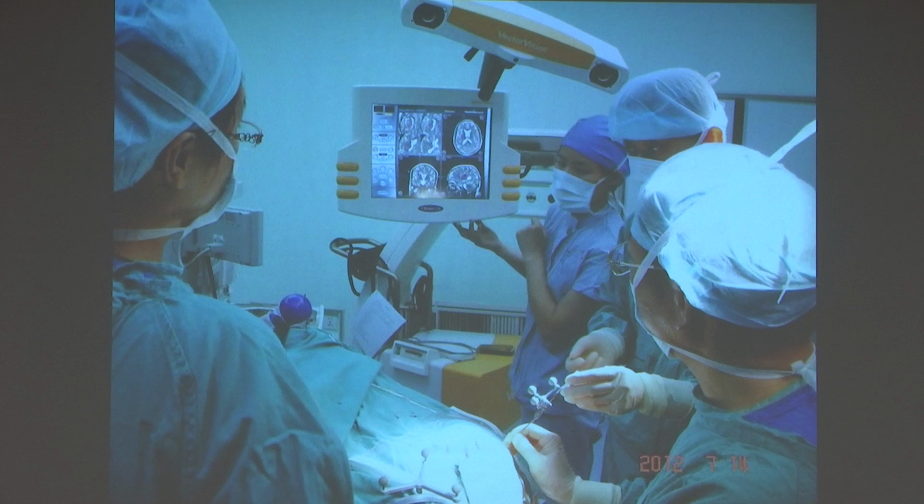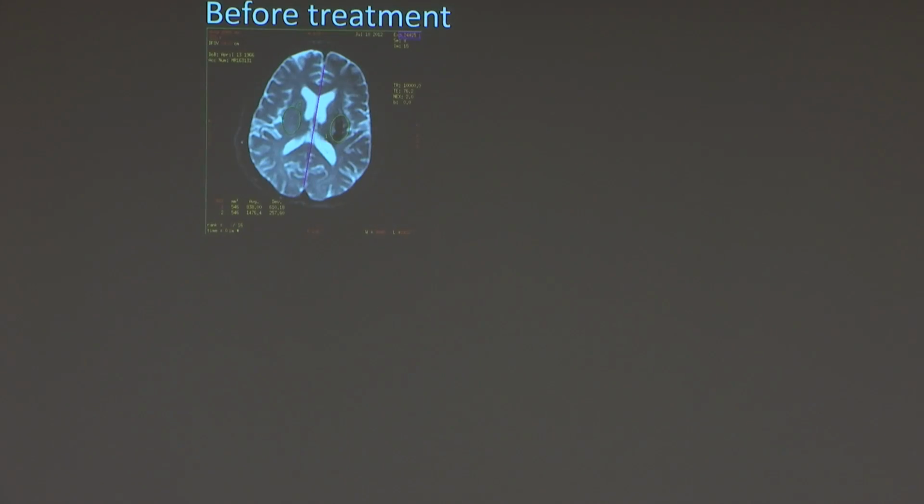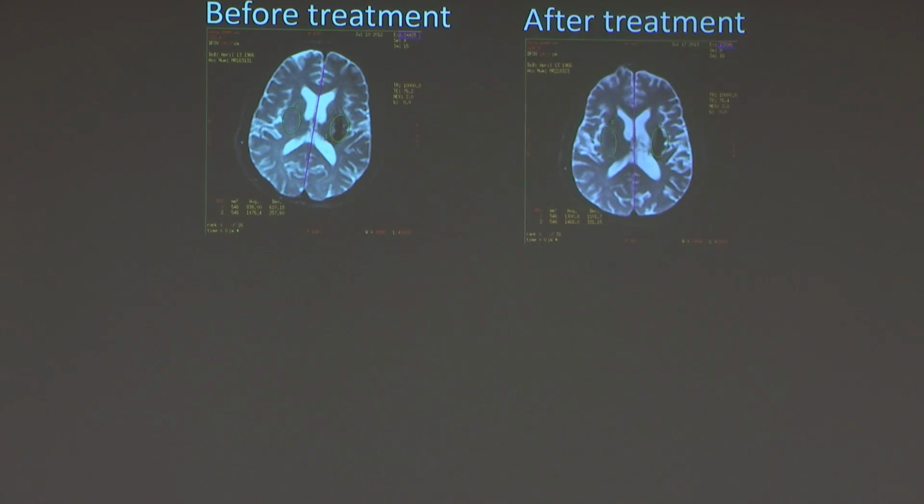So we did surgery, because they have some cavity, right? For the cavity, we have MRI, we can use the needle, and we can see where we go. We can exactly inject the stem cells into the cavity. So this is this patient's cavity, right? After the injection,